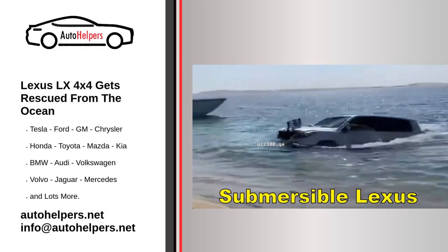Lexus LX 4x4 gets rescued from the ocean. We would usually expect to see the Lexus LX bashing about the dunes or roaming the suburbs, depending on what country it happens to be in. This latest video posted by